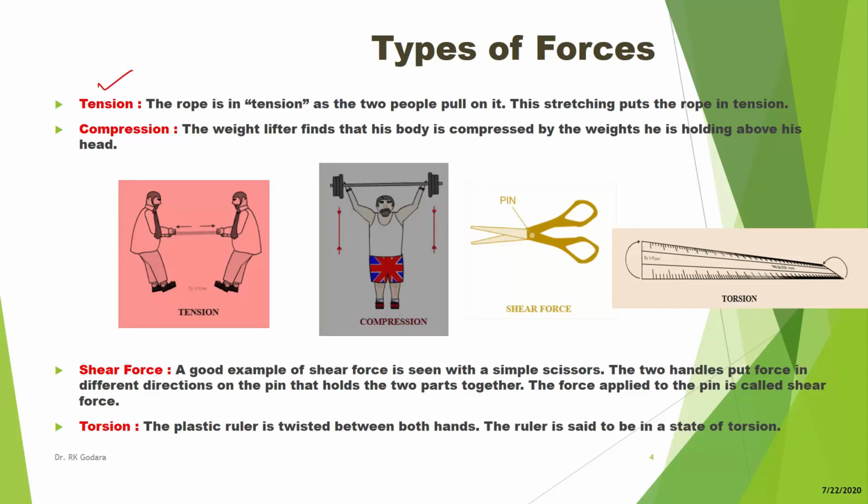According to its nature we can categorize loads. The first can be tension. In this example, two persons are pulling apart a rope. This type of load is known as tension, and it will try to create elongation. Another example: suppose you are applying force on an object and it tries to increase its length, or elongate the object. This type of load is known as tension load, and it creates tensile stresses.